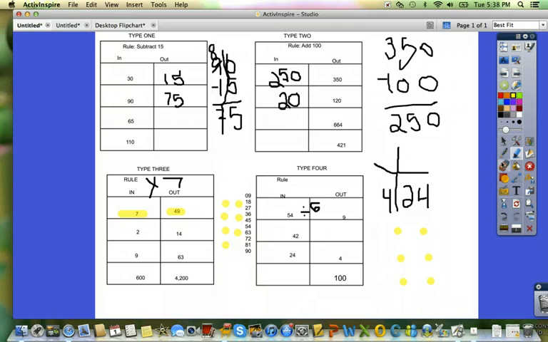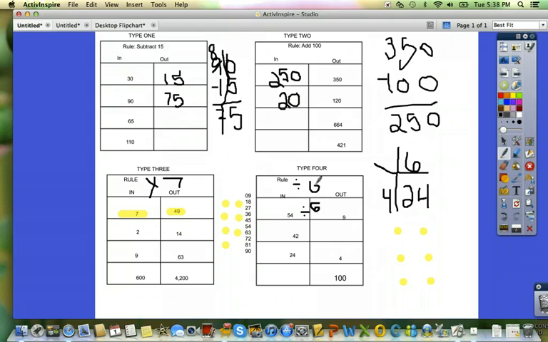Looky there, guys. 4 times 6 equals 24, or 24 divided by 4 equals 6. Very cool. So I've actually been able to solve my problem. And my rule is to divide